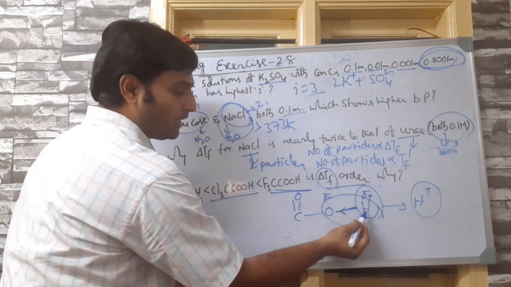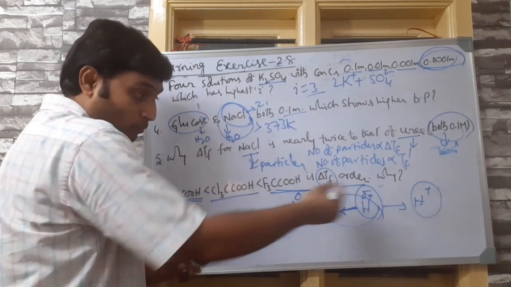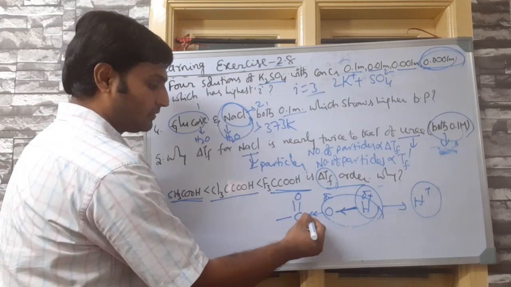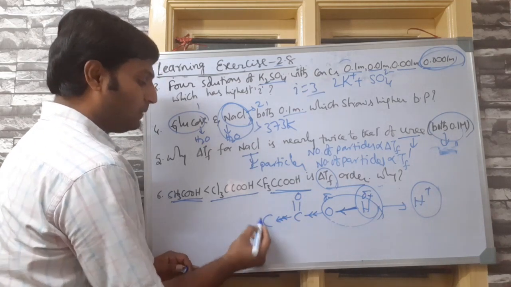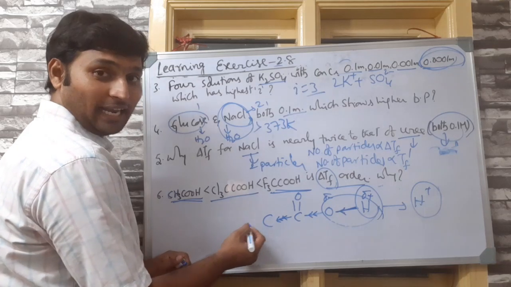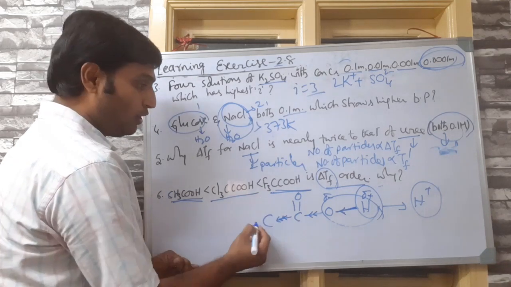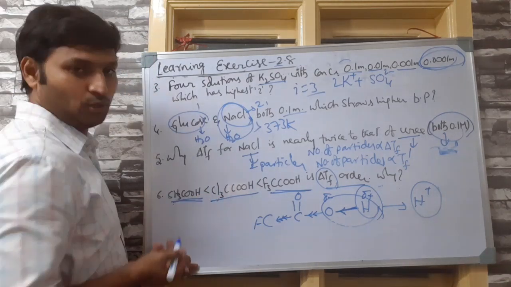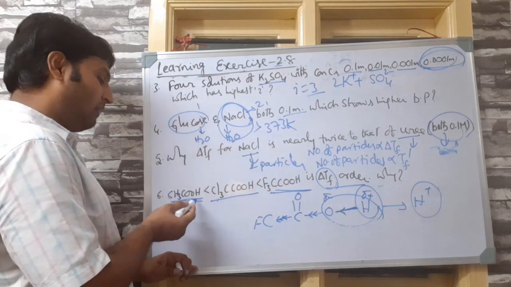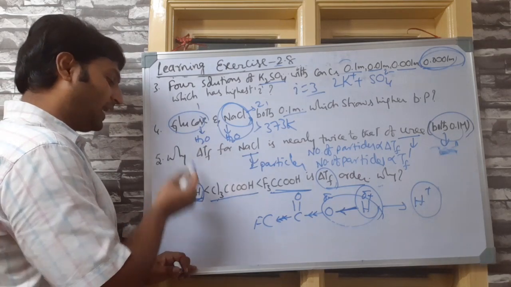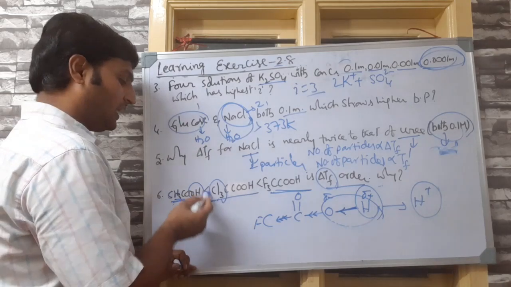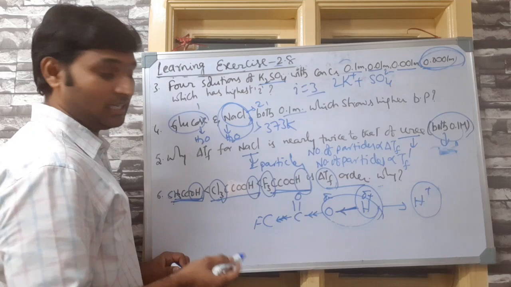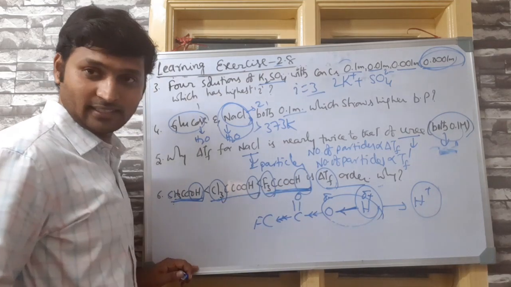And for hydrogen to become more and more electropositive, electrons should be pulled away from hydrogen. For electrons to be pulled away from hydrogen by inductive effect, there should be an electronegative group or electron withdrawing group here. Now, fluorine is the strongest electron withdrawing group compared to chlorine. Chlorine, and here there is no electron withdrawing group. So, the one having no electron withdrawing group cannot lose H plus easily. The one with an electron withdrawing group can lose it easily, and a stronger electron withdrawing group can lose it more easily. That's why this is the strongest acid.